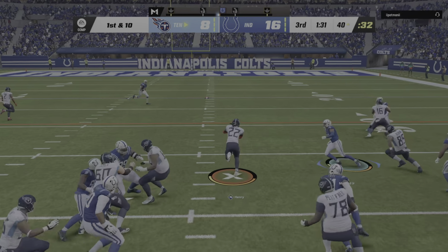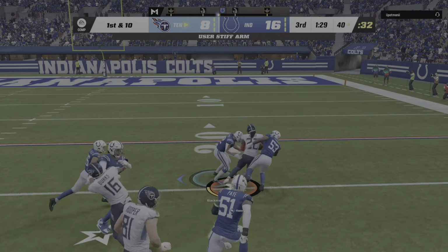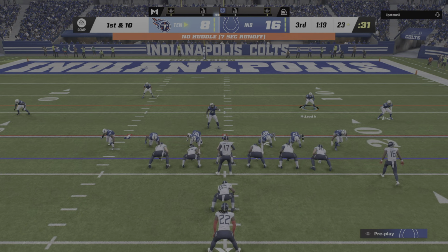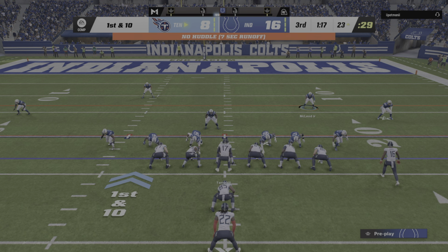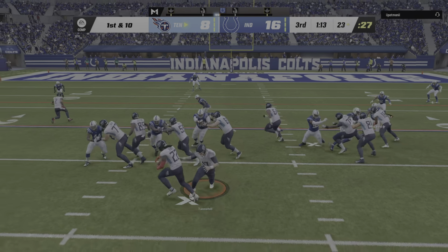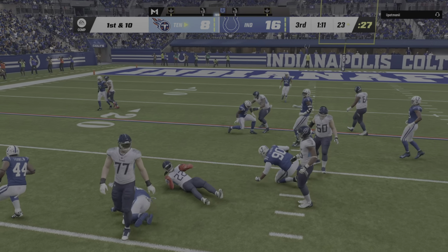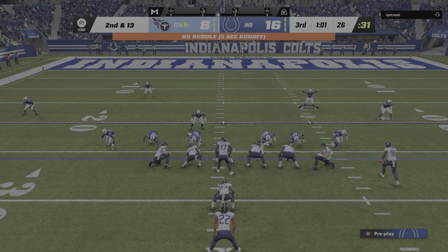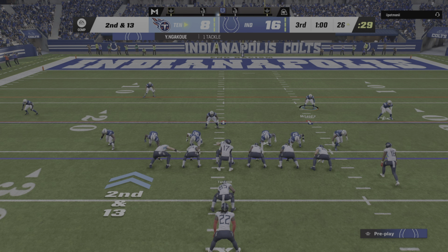A first down carry for Henry. And he's got some space here. And he'll follow his blockers there all the way down to the 23-yard line. They keep it with Henry on first down. And he is going to be stopped cold behind the line of scrimmage. After the loss, they'll come up 2nd and